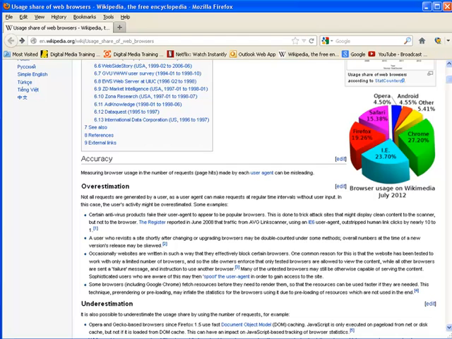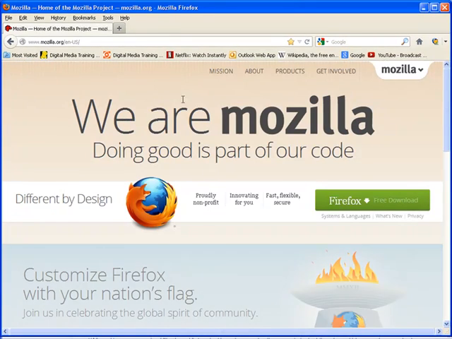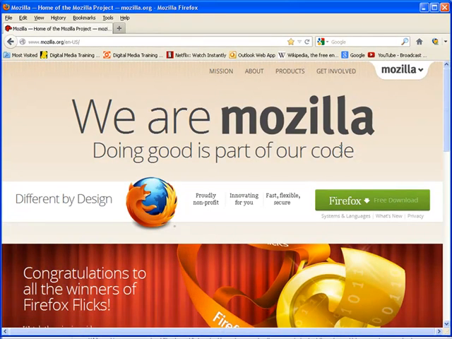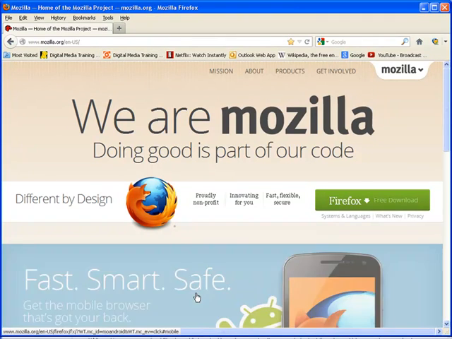But let's just get into browsers, and we'll talk a little more about how they work. These are the browsers, and what is a browser? It's basically a software application that is used to interpret the code and render a page. So what does that mean? That means that